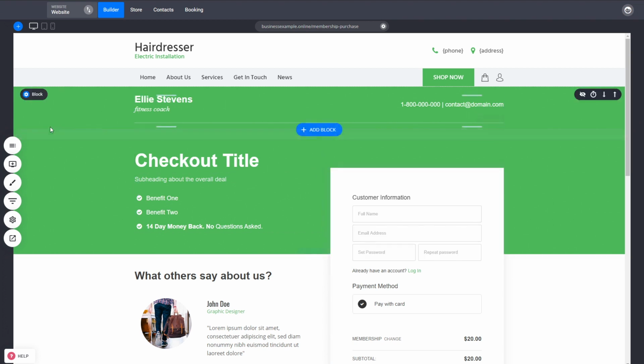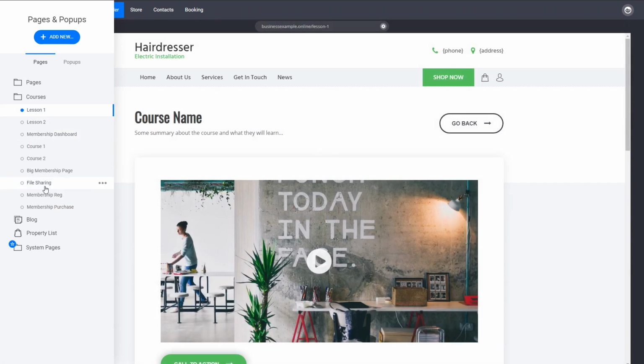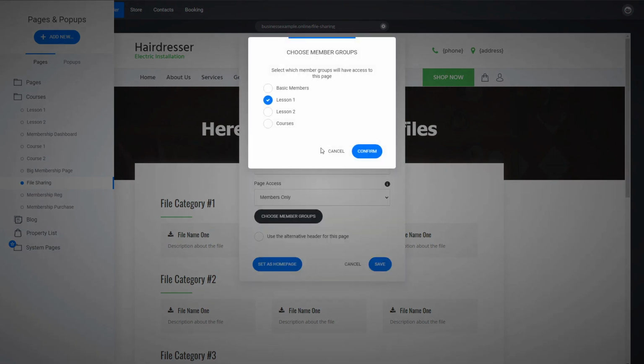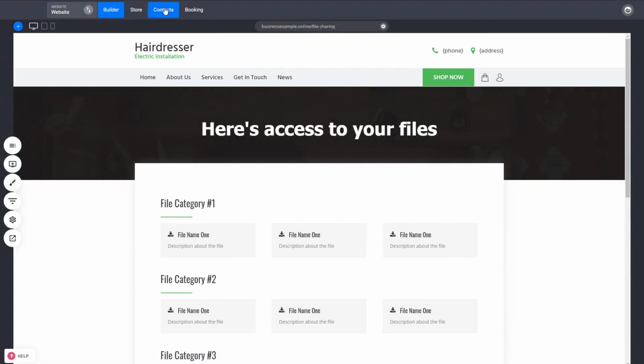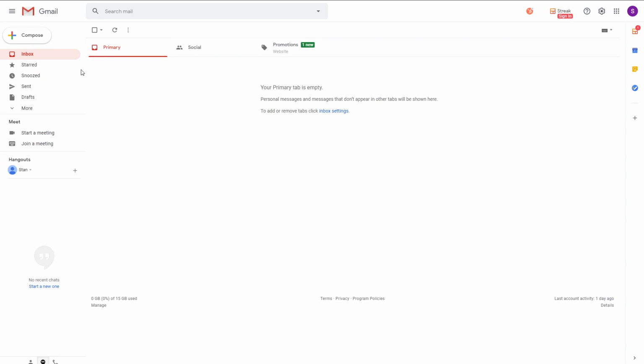So yeah, this is basically it. This is how simple it was to create our membership content in different formats: for file sharing, for dashboards, for however you want to organize your secured content, how to restrict access from the settings and make them for members only, how to create your membership groups in the CRM to assign people to those different groups, and how to have people sign up either via form or by setting up a product with a membership. So this was it. Actually, before we go, we have here opened our